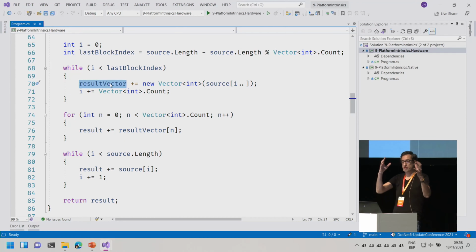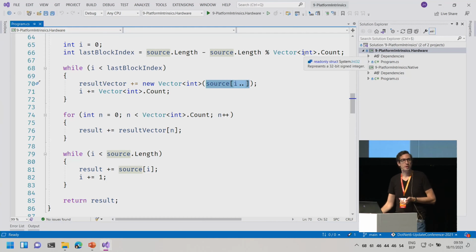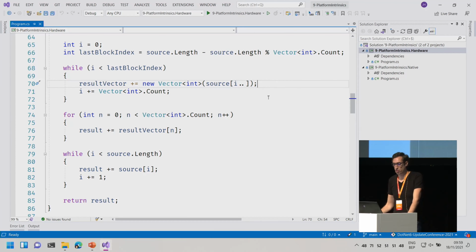So I have a result vector, and I'm adding a vector with a slice from my source data to that. In your processor, it's just one processor tick, and it will add that data in parallel automatically for you. So it's obviously a lot quicker to do that. Libraries that already use this today are, for example, machinelearning.net, so ML.NET, because for machine learning, there are lots of calculations needed. They are using this functionality, and because of that, that library has become much, much more performant.